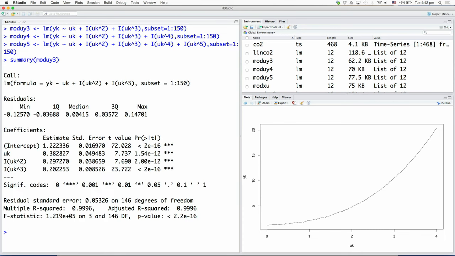So, here is a summary of the 3rd order polynomial fit, and you can see that the parameter estimates are close to the truth. In this case, I know the truth because I have simulated the data, and the estimates are quite close to their true values. You can never expect them to be exactly equal for obvious reasons, and the stars here also indicate, along with the low p values, that the estimates are significant. Good. So, third order polynomial is good.